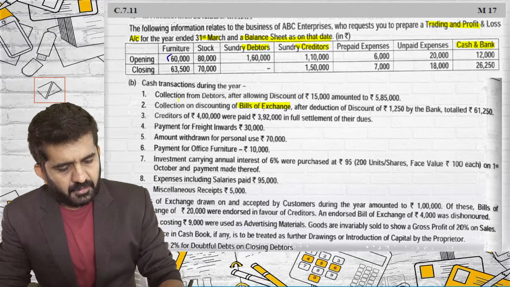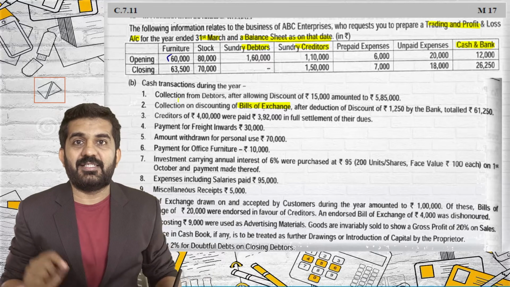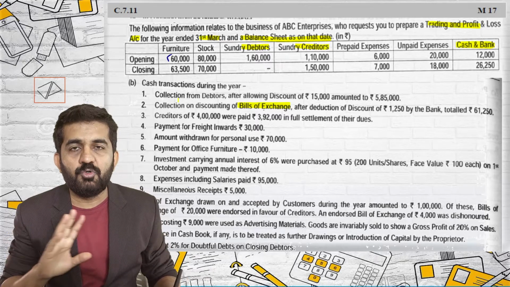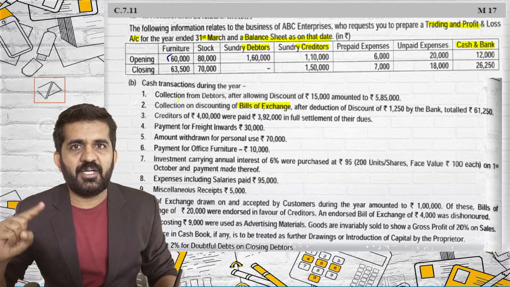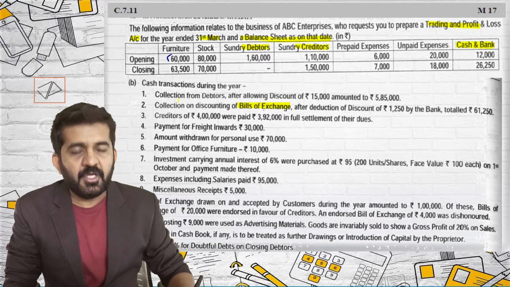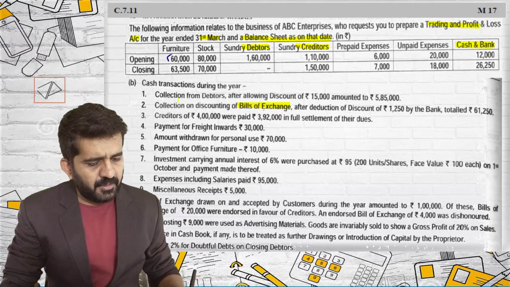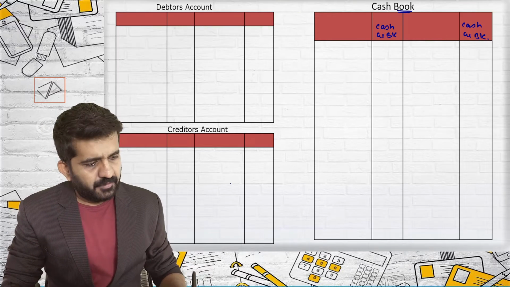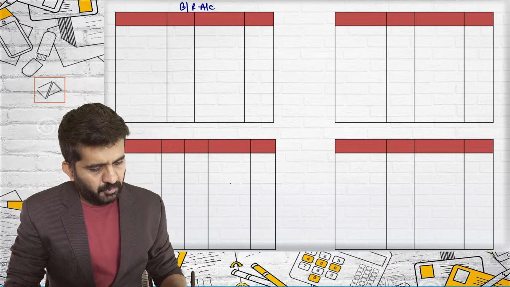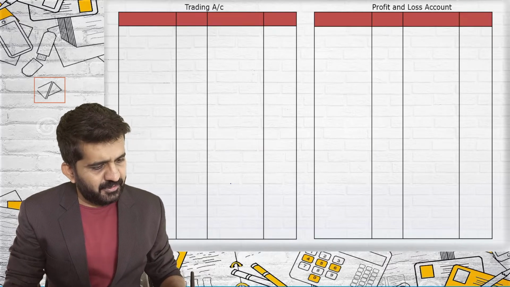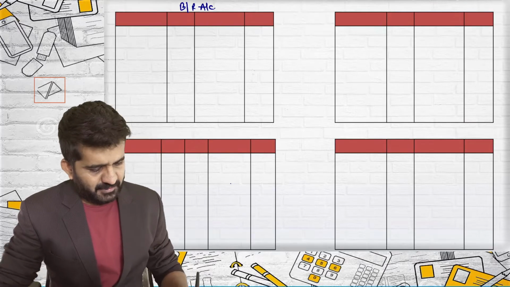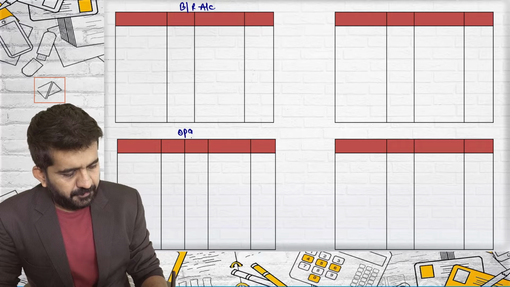Furniture, 60,000 opening balance. Is it from tallied sheet or tallied account? No. I will be passing dual effect, one debit, another credit. See the effect. What are the debit effect and credit effect? Opening furniture, opening balance sheet. Okay, opening balance sheet also I have not done. I need to prepare opening balance sheet also. Yes, I need to prepare opening balance sheet.